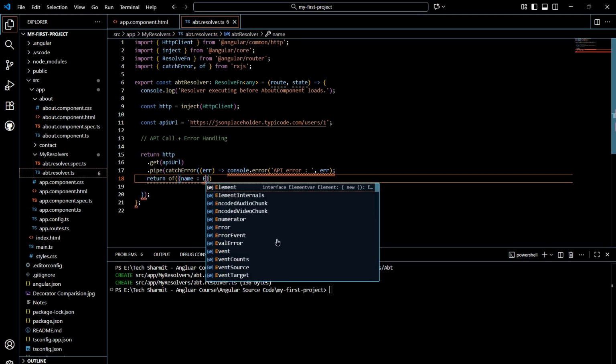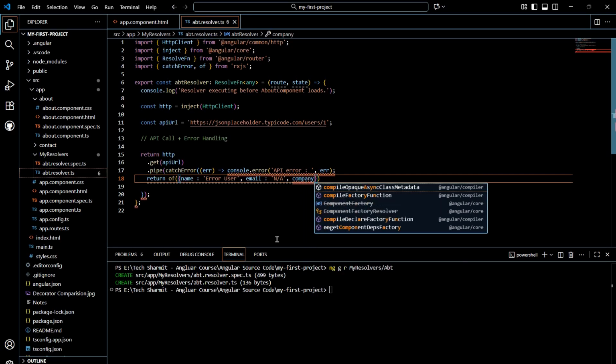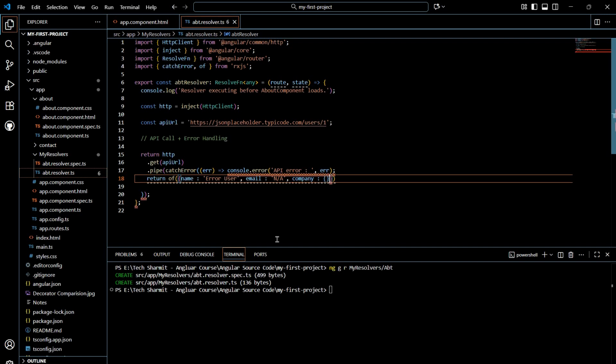So let's say if any error occurs, so in that case it will show this default data, error user, then a comma, email, and always make sure to use it in the same case, otherwise it won't work. So here I will write NA, then after email we will simply put a company colon, and in company we will write here curly braces, name colon, then we will write here n/a. After this there should be two curly braces close, one parenthesis close, after that there should be one semicolon,